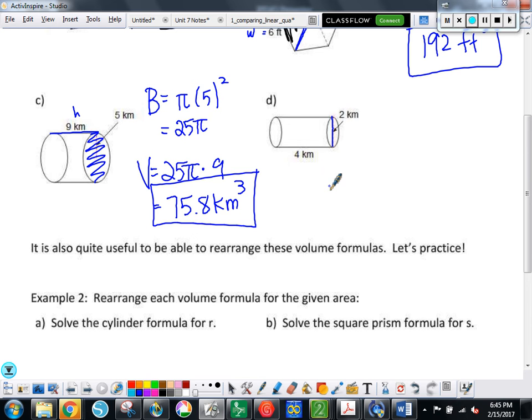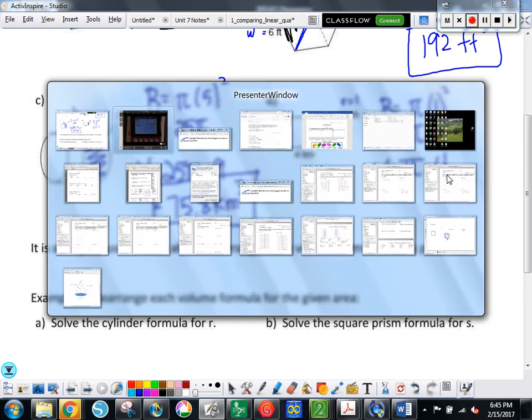So in this one, note that r equals 1, so this is the base. If I want to find the base area, it's pi r squared, which is just 1 pi. To find the volume, I take the base area and multiply it by the height. So we get 4 pi, which is,